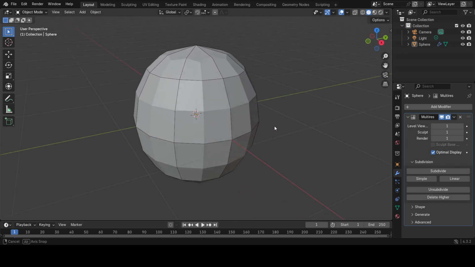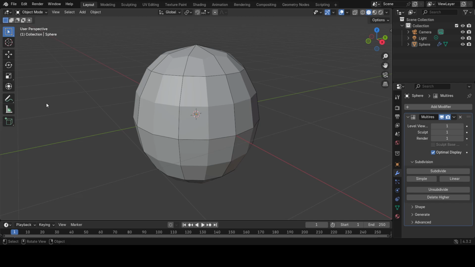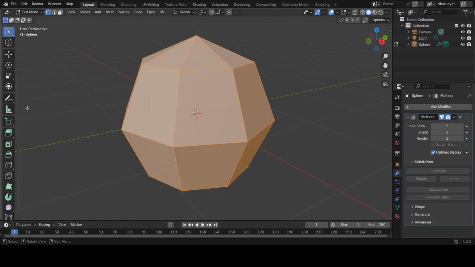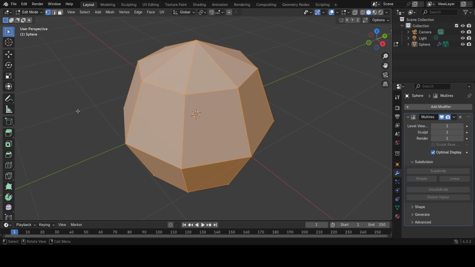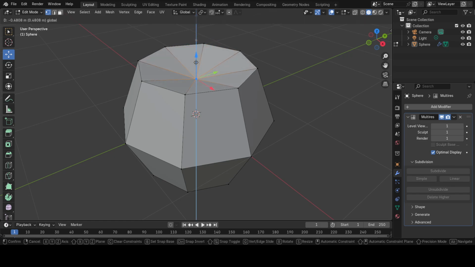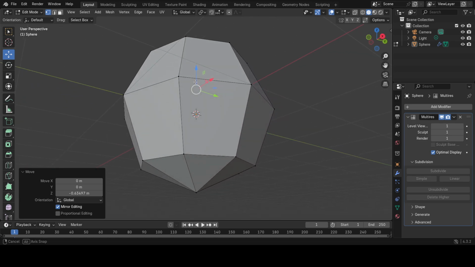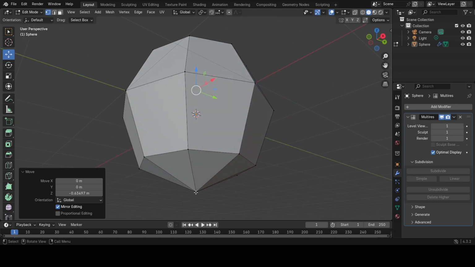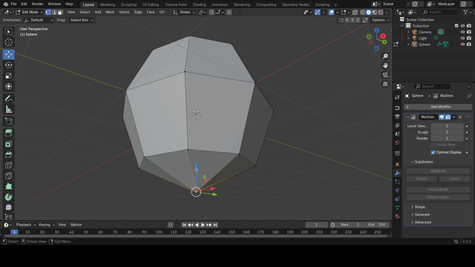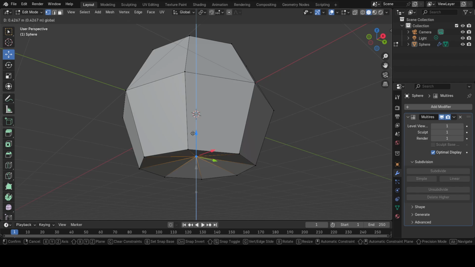polygons here. If you hit tab, we go back to our original state, and what we're going to do now is hitting the number 1, getting access to the vertices, and then also go to the move tool. We're going to pull this down in the x-axis, just like this, and middle mouse button to get underneath to the bottom. Click on this one again, the blue arrow, pulling this in the